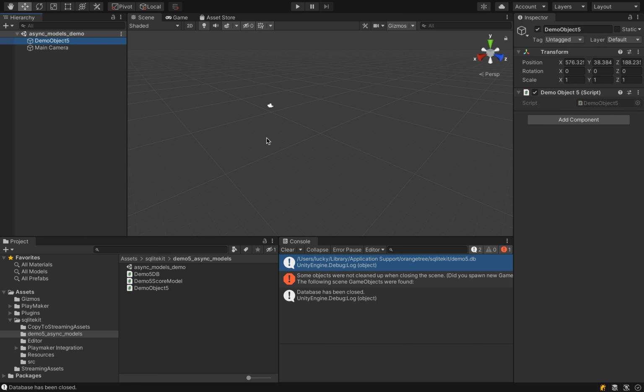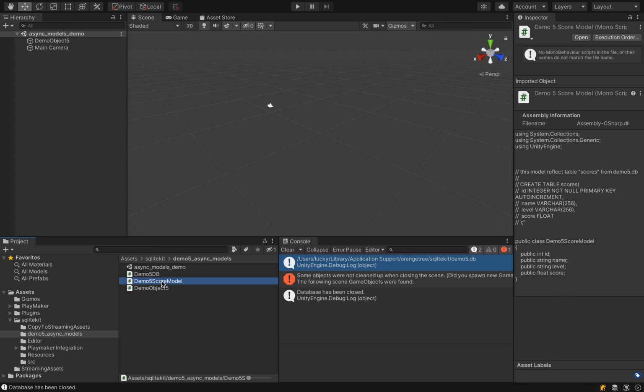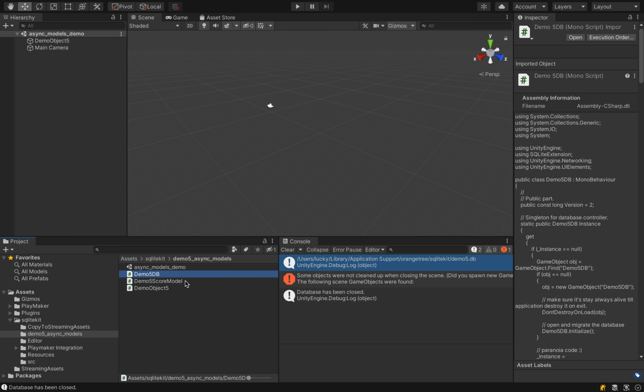It just has those 2 buttons, and we have a model, which is a quite simple file that just represents the table structure, which I call scores as an example, of course, and Demo5 DB, which is the manager